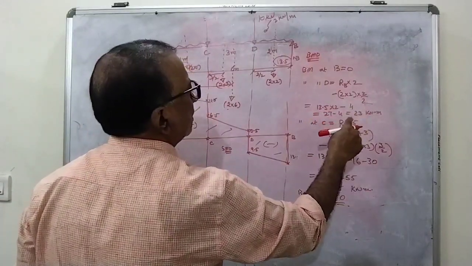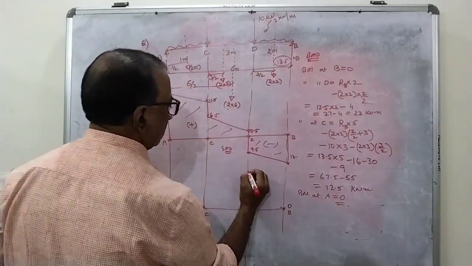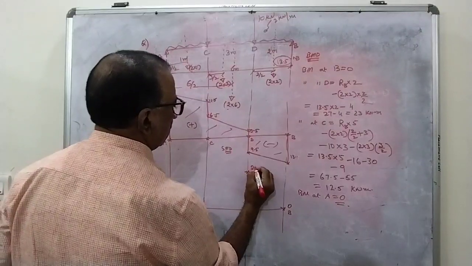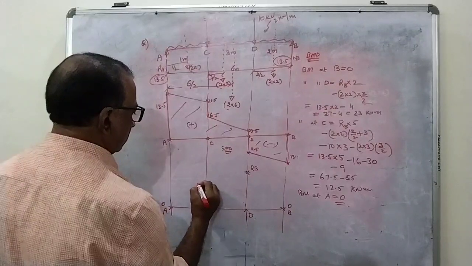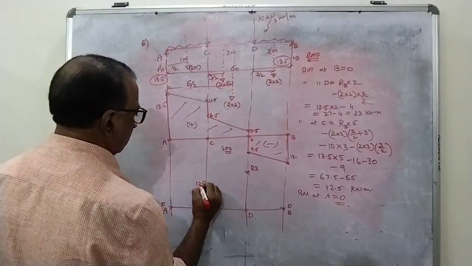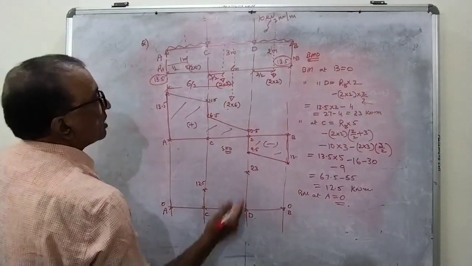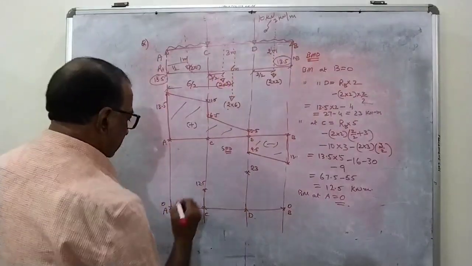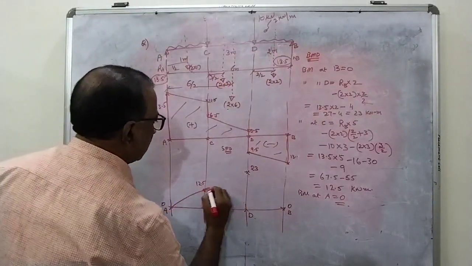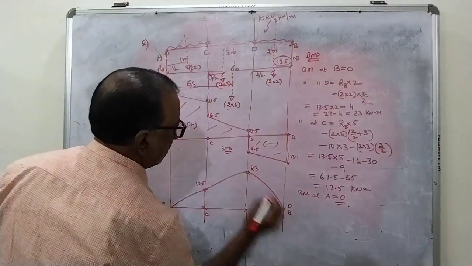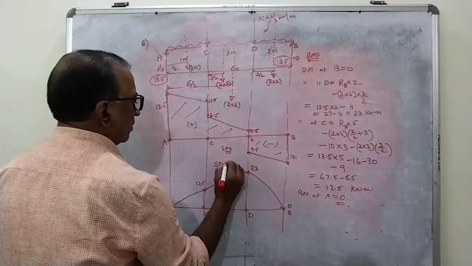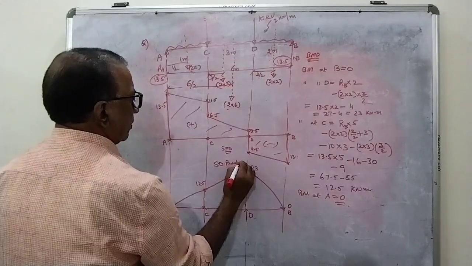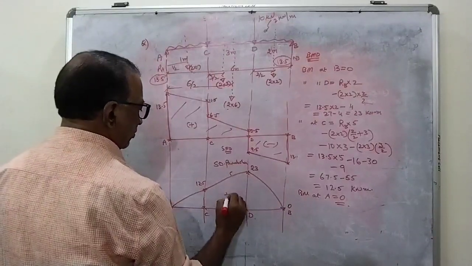at D I got 23, at C I got 12.5, here it is 0. Since the UDL is for the total length, you have to join by a parabola. Total diagram is a second degree parabola, plus,